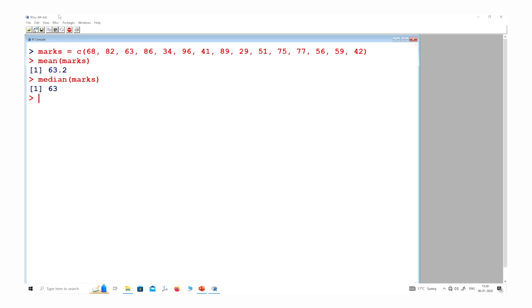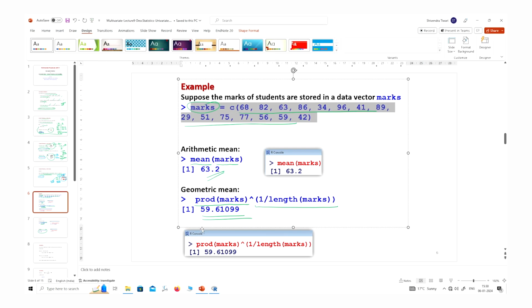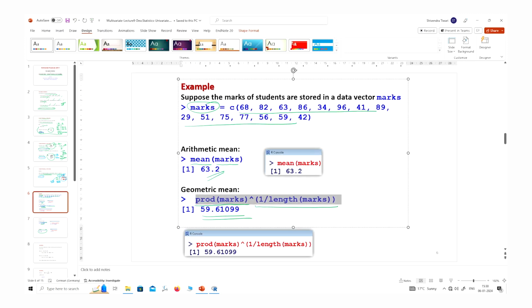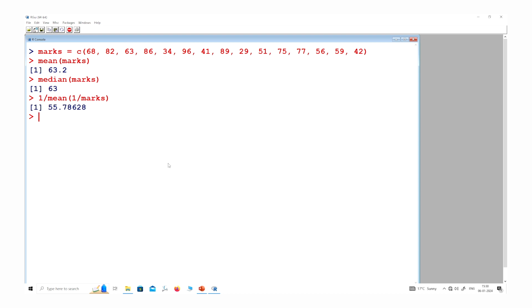And similarly, when you try to find out the harmonic mean, that is 1 upon mean of 1 upon marks, you can see this is like this. And in order to find out the geometric mean, let me copy this command to avoid any mistake. It is 59.61. Right.